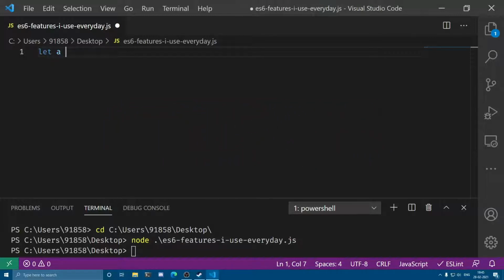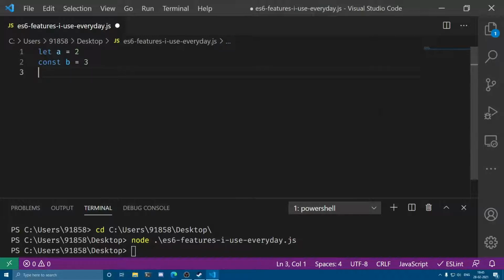const. If I want to create a variable, I do this instead of writing var, because this helps me in preventing issues related to hoisting. Now if you have learned a little bit of JavaScript, you know that it supports hoisting, that variables defined anywhere in a scope get hoisted to the top of the scope, right? So let and const help me in preventing those block related issues.